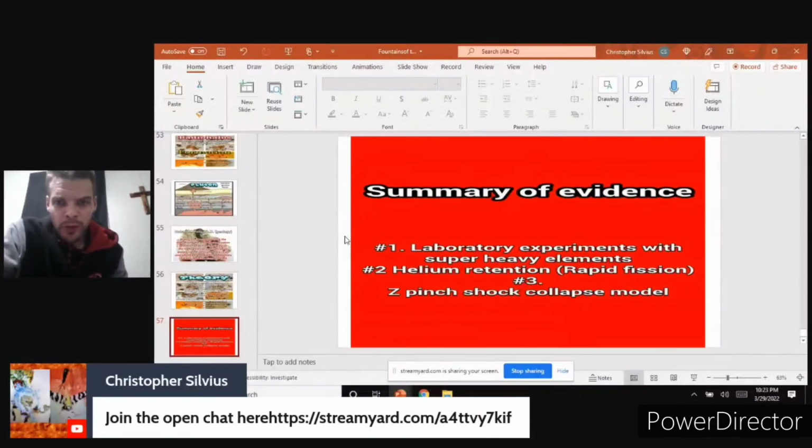So laboratory experiments with super heavy elements show that electricity can be used to create these super heavy elements, which then rapidly decay into the naturally occurring radioactive elements that they use today to calculate an age of the Earth. Helium retention levels show that those layers of strata cannot be millions of years old. You have carbon-14, which cannot last for more than 100,000 years, being found in seams of coal and dinosaur bones,